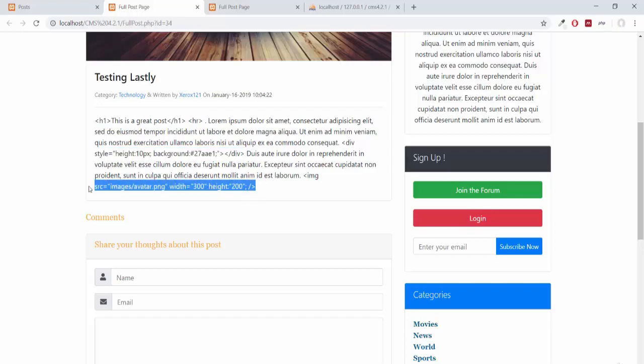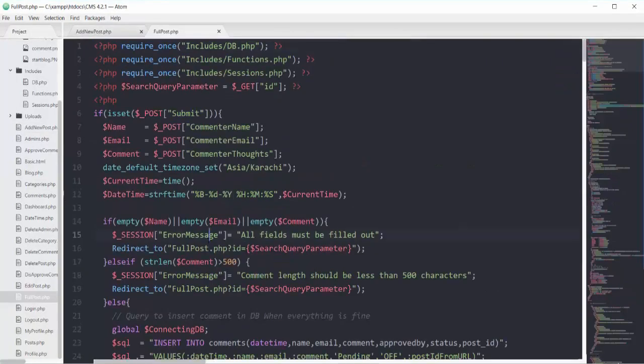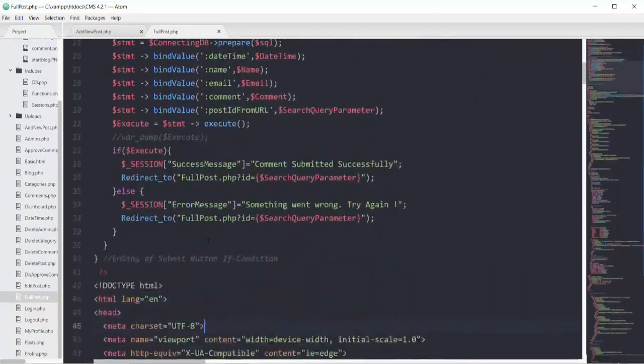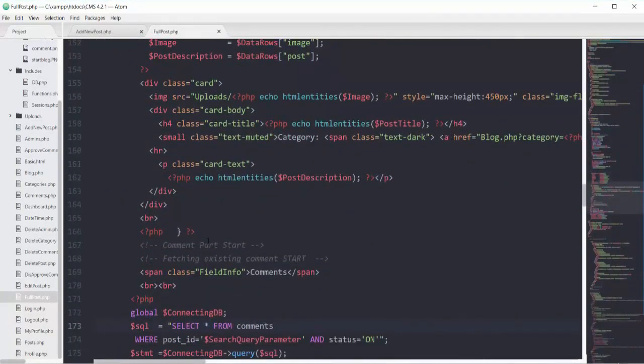So in order to make this page treat these tags as HTML, you have to apply one function. So I'm going to go to my page of fullpost.php. Opening that post page, it's right here, the area where we are showing the description of our post.